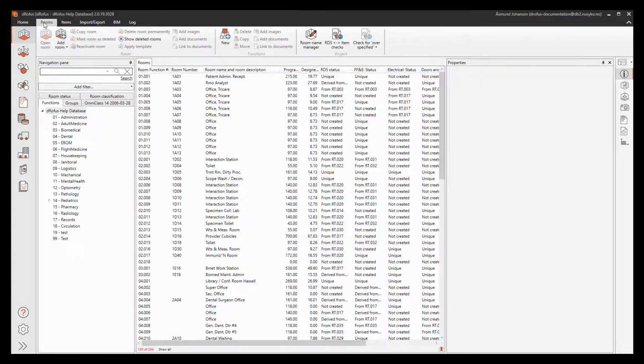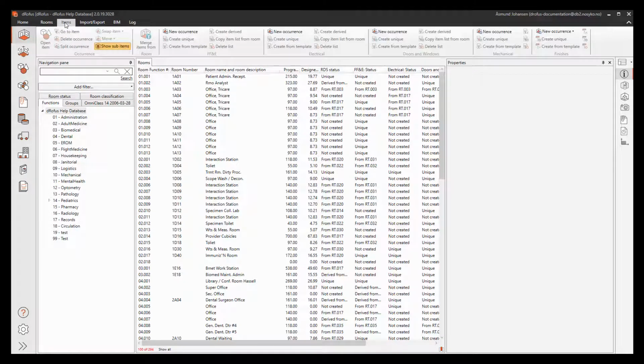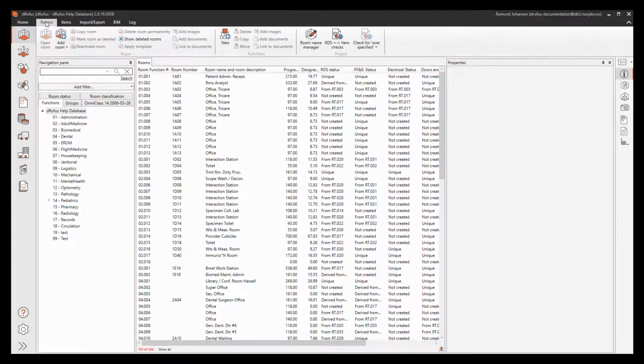In the room list, we have rooms, which will list all the actions you can do for the rooms in the ribbon menu. You can also work with items in room directly from the room list as you could before. But now all the options like new occurrence, delete occurrence, and modifying the equipment list will now be also placed on the ribbon menu. The interface itself is similar to the items overview that we introduced in 1.10, where you